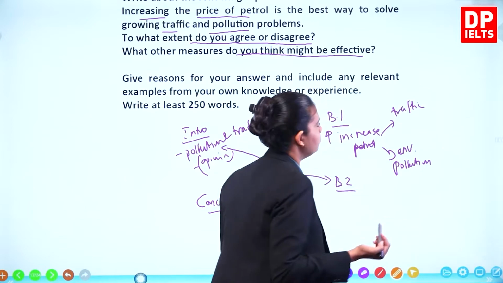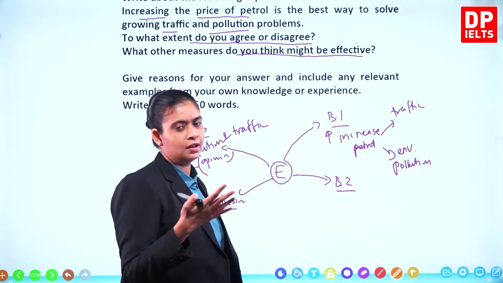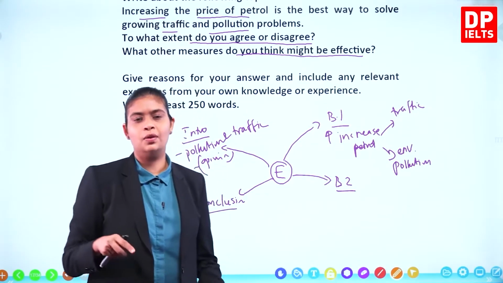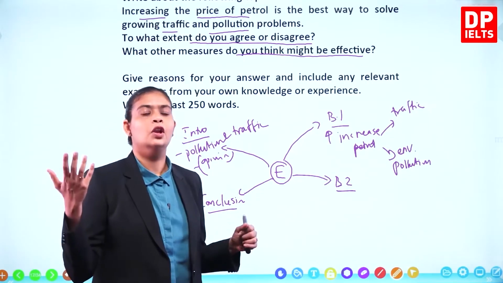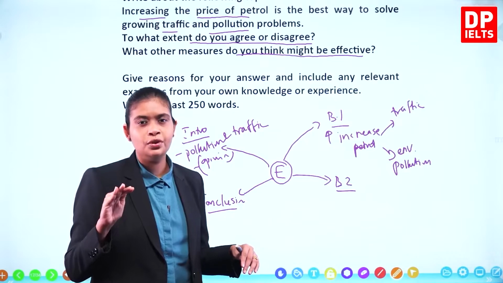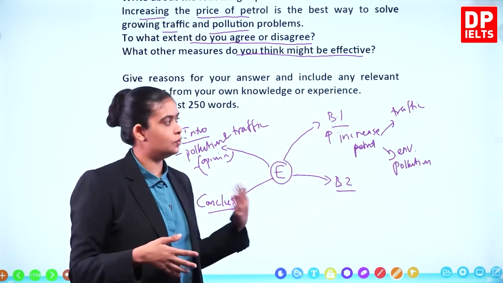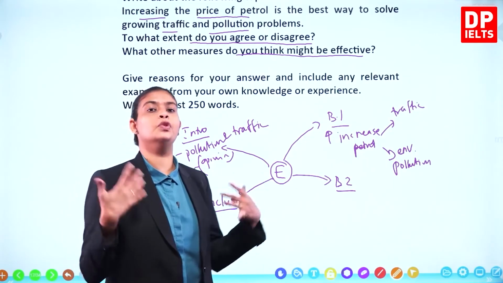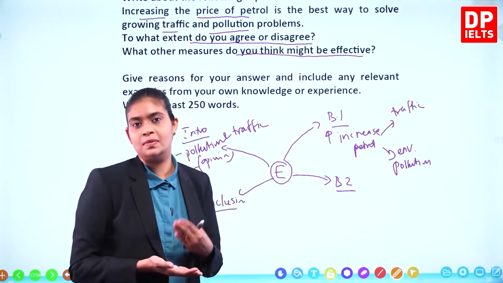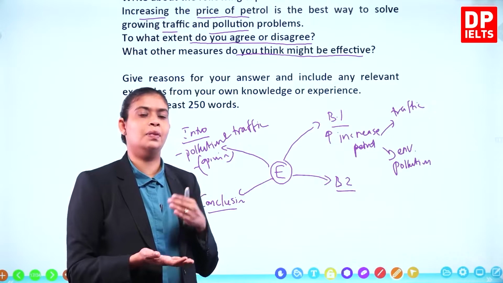So it means when price increases, demand decreases, right? So because when you increase the price in petrol, lots of people wouldn't want to buy petrol and travel around here and there, so traffic would decrease, where people would start using alternative methods of traveling, like using the public